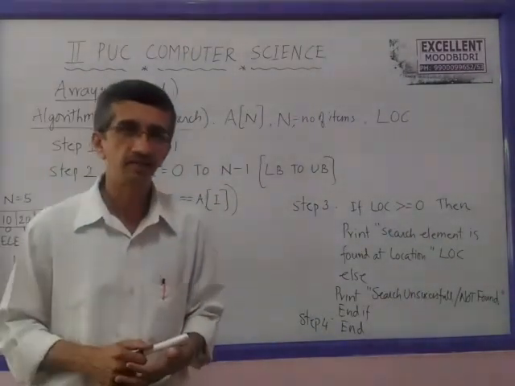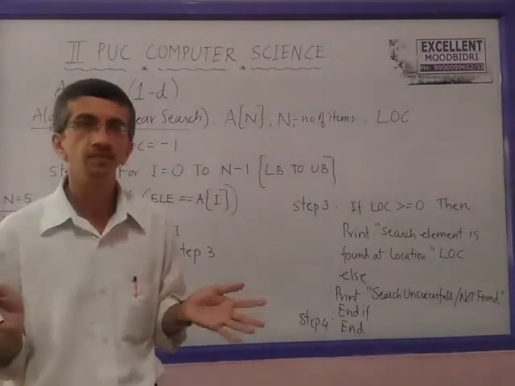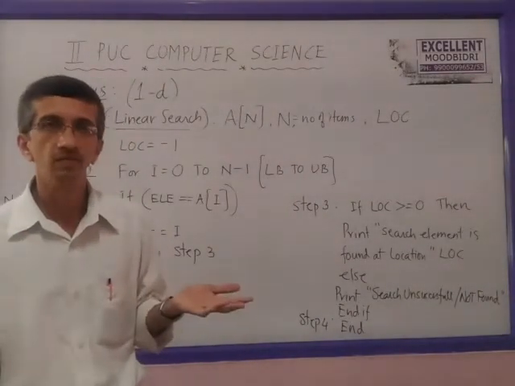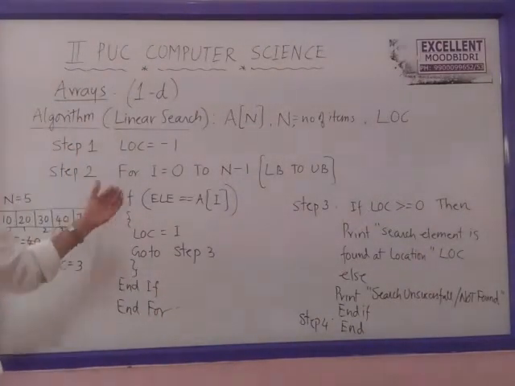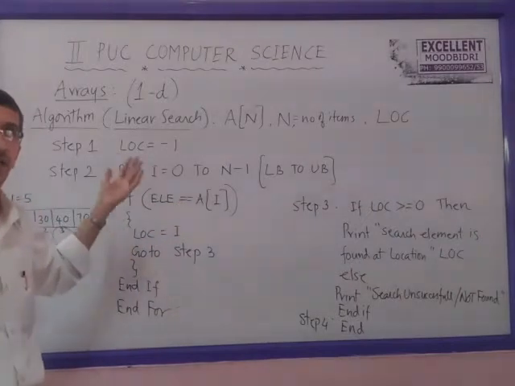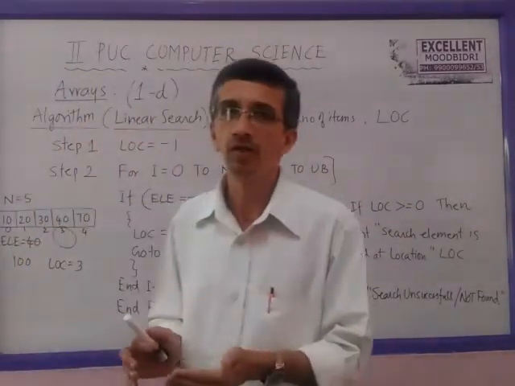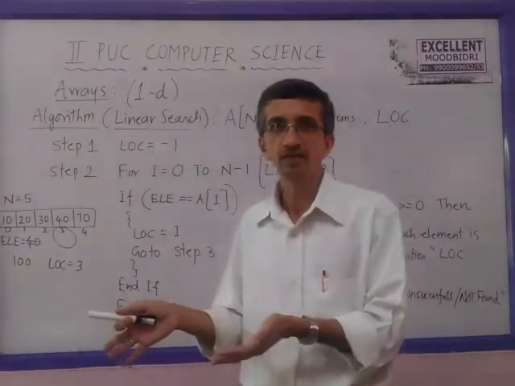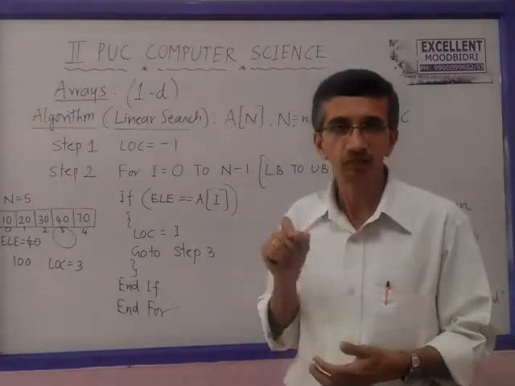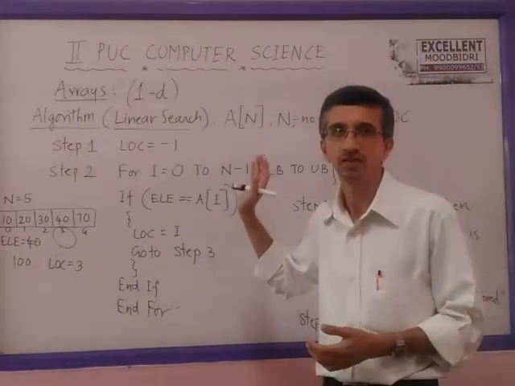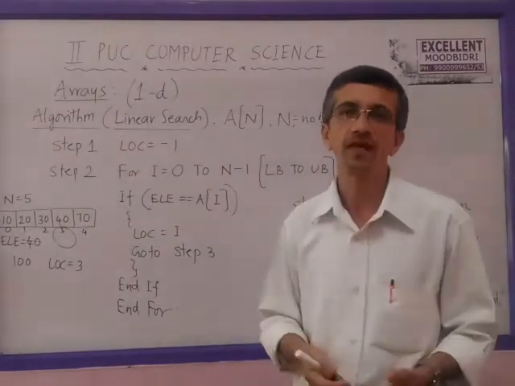But the demerit is there is one problem. If the number of items are large, like 1000, maybe more than that, then it may lead to the worst condition. Suppose out of 1000 items, the search item may be found at initial places or maybe at the last end of the array. Right? In case it is found at the last positions, last index, all the previous searches are a waste of time, correct?